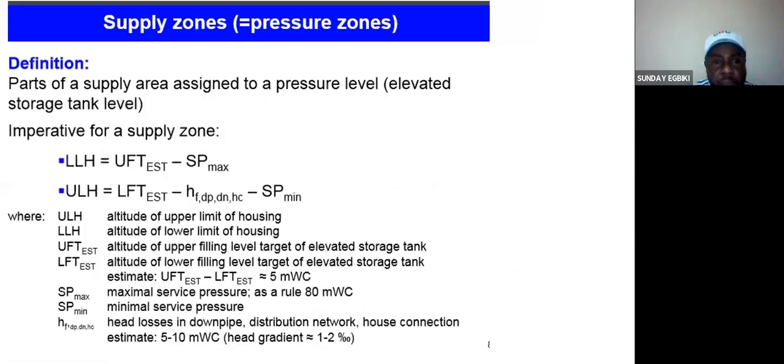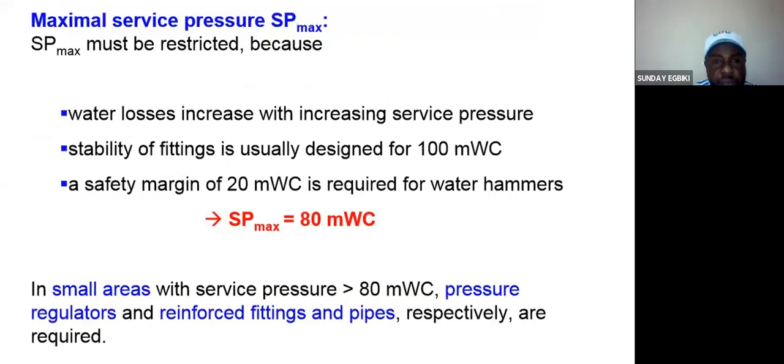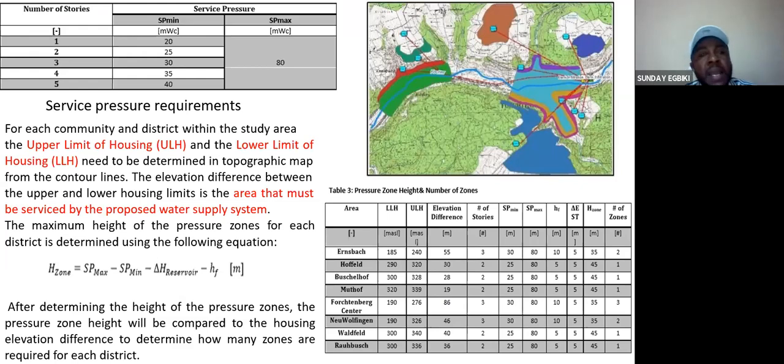Now, let me go to this one. How can you zone your area to know the number of overhead tanks you will have in that estate? The number of overhead tanks you need is equal to the number of pressure zones you have in that estate. To calculate the number of pressure zones you have in your estate, the first thing you need to do is